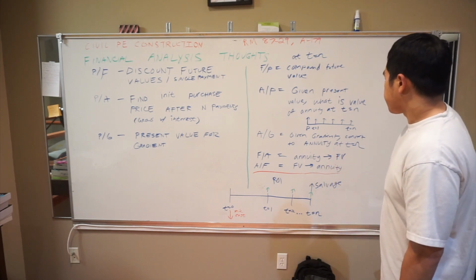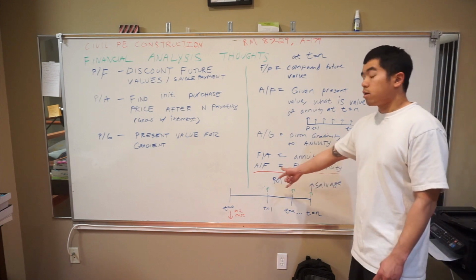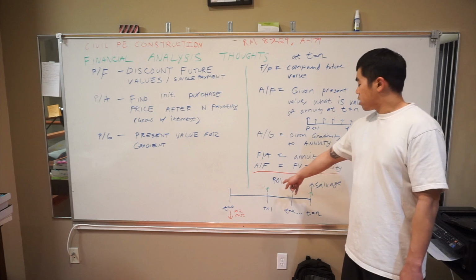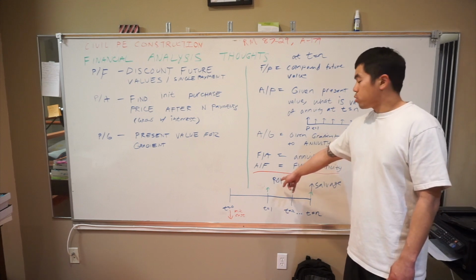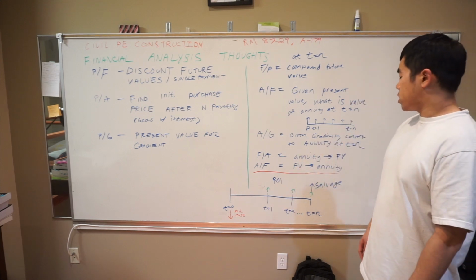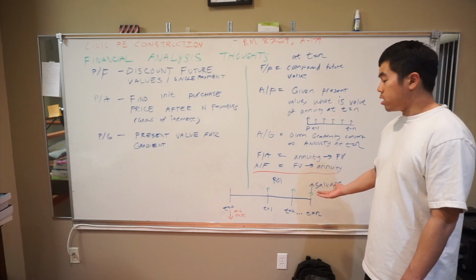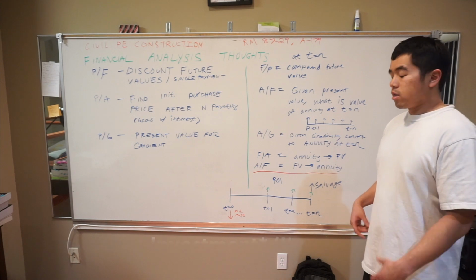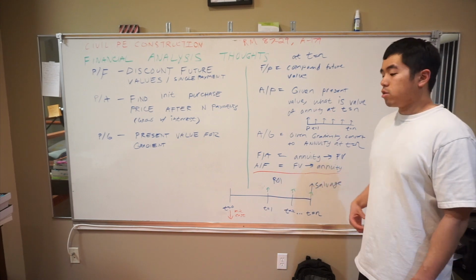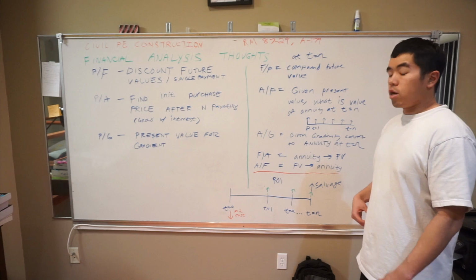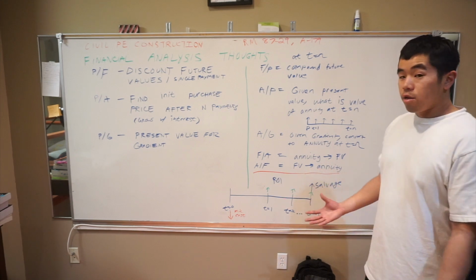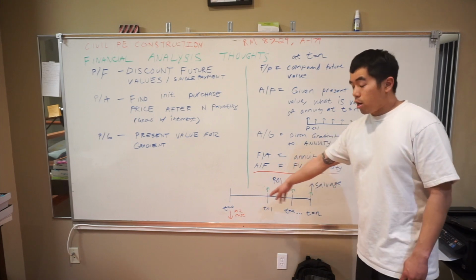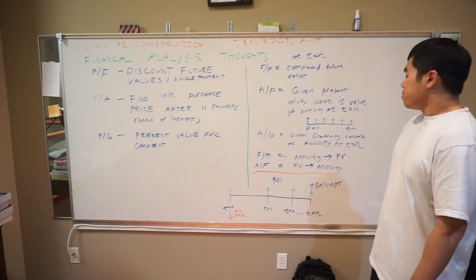And so one of my favorite problems right here that kind of ties it all together is this return on interest problem. And as you can see, to make things easier, because I know on the test when you get things and you look at it and you're like, oh my gosh, interest, oh my gosh, t equals n, oh my gosh, how much is it worth? You kind of get confused, so you just want to stop, draw this arrow diagram if it helps you,